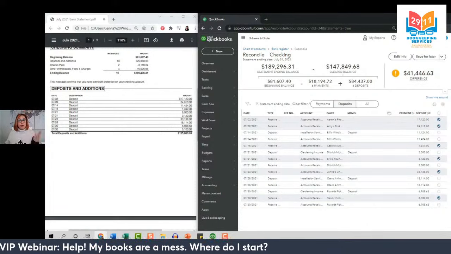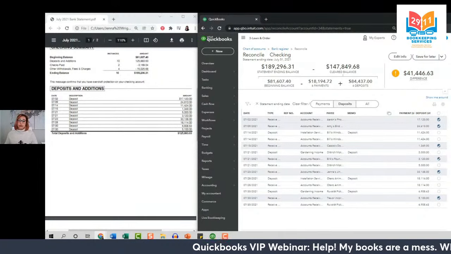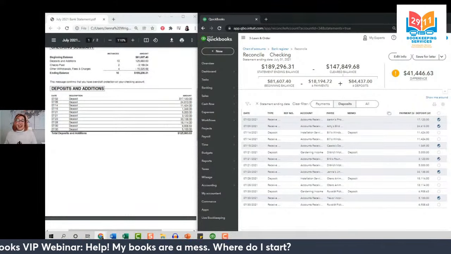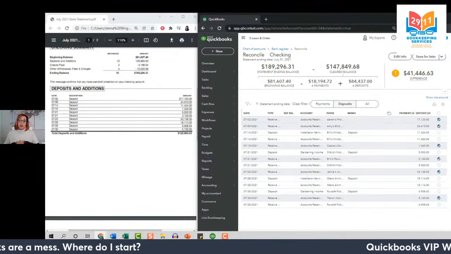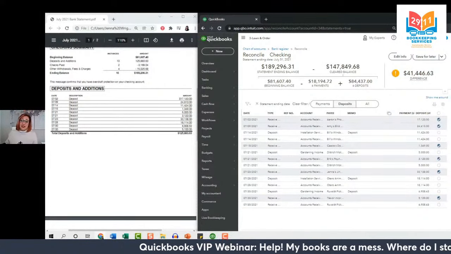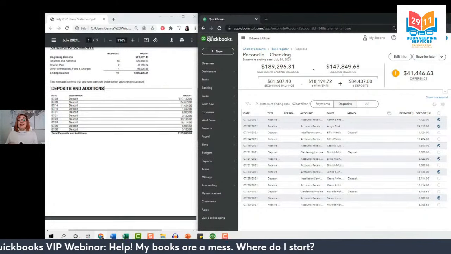So make sure that you're reviewing all of the proper workflows for mastering QuickBooks Level 1 so you know how your income and expenses should be recorded. If you're following proper workflows, that's a great way to cut down on some duplicates. Now, we don't know exactly what happened here, but generally following all the proper workflows increases your chances for things to be correct. So let's dive in and figure out how these things could be incorrect. And remember, we do want to deal with them in the moment.